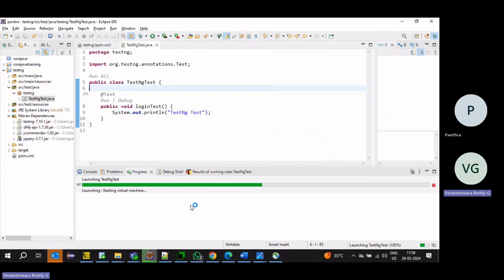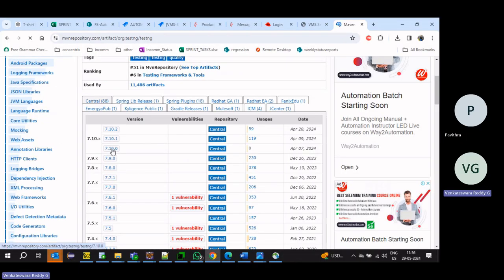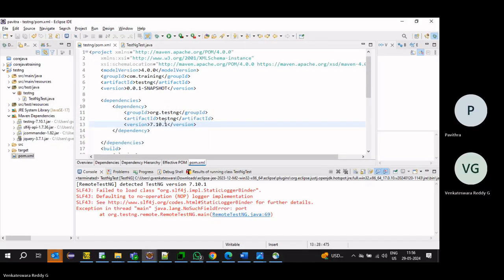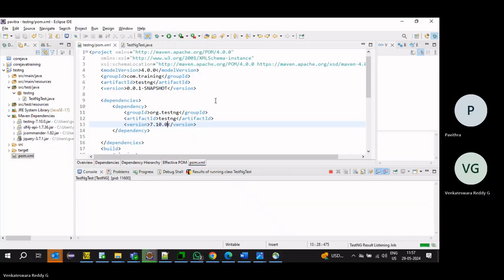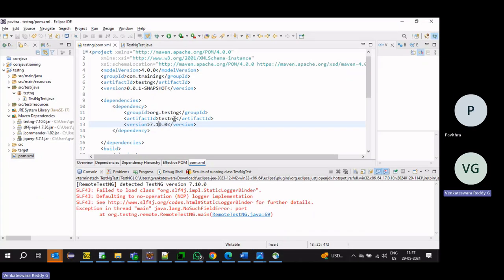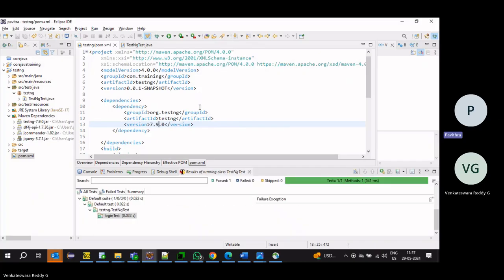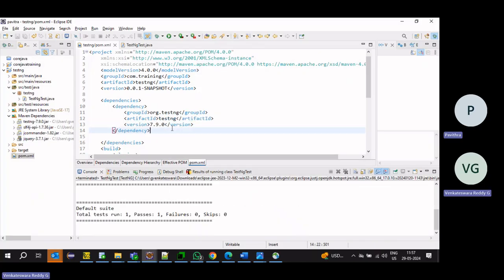Otherwise, we have to modify it. Save another data, 7.10.